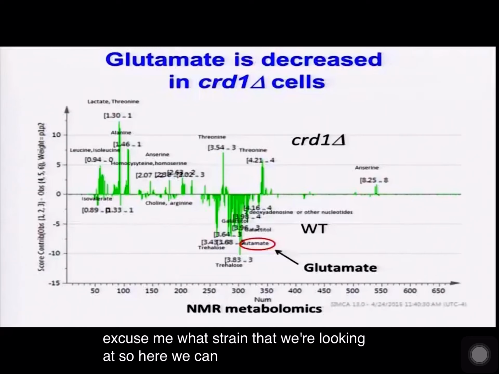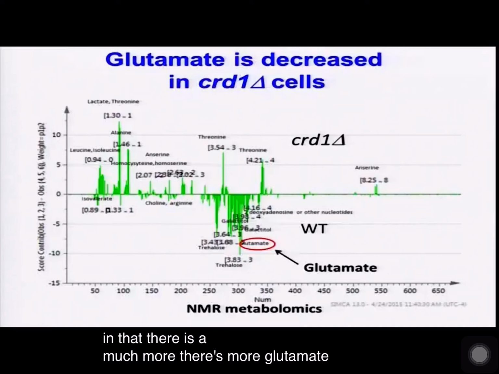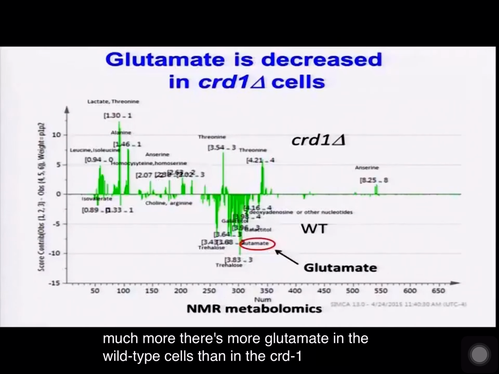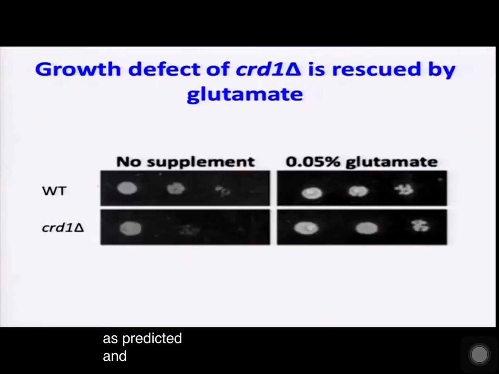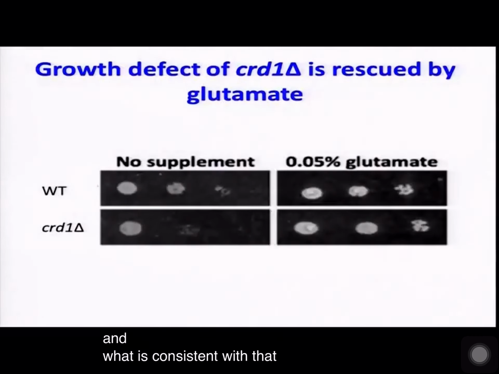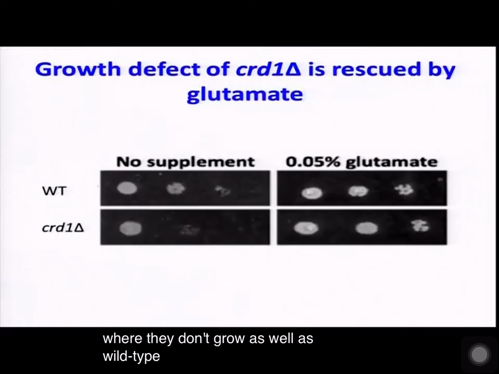So here we can see, consistent with the hypothesis, there's more glutamate in the wild type cells than in the CRD1 mutant, as predicted. And what is consistent with that, if you grow yeast cells in a stress condition, where they don't grow as well as wild type, but if you add glutamate,